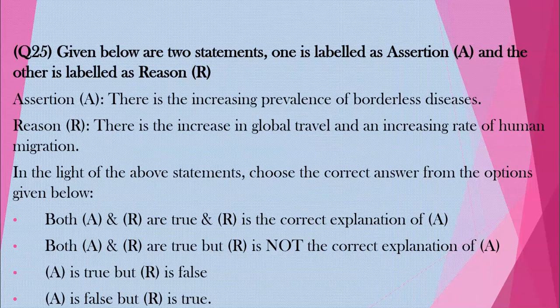The answer is option 1, which is both A and R are true and R is the correct explanation of A, which means that there is an increasing prevalence of borderless diseases. Why? Because the reason which is mentioned here is definitely true. Okay? Due to the increase in global travel and increasing rate of human migration. Alright? The reason is true and it is the correct explanation of A. So the option is option number 1, which is both A and R are true and R is the correct